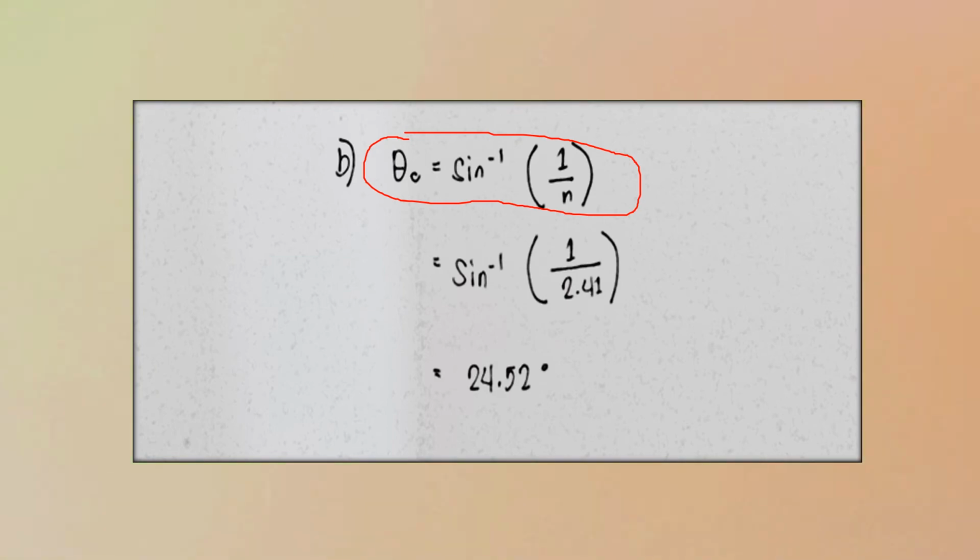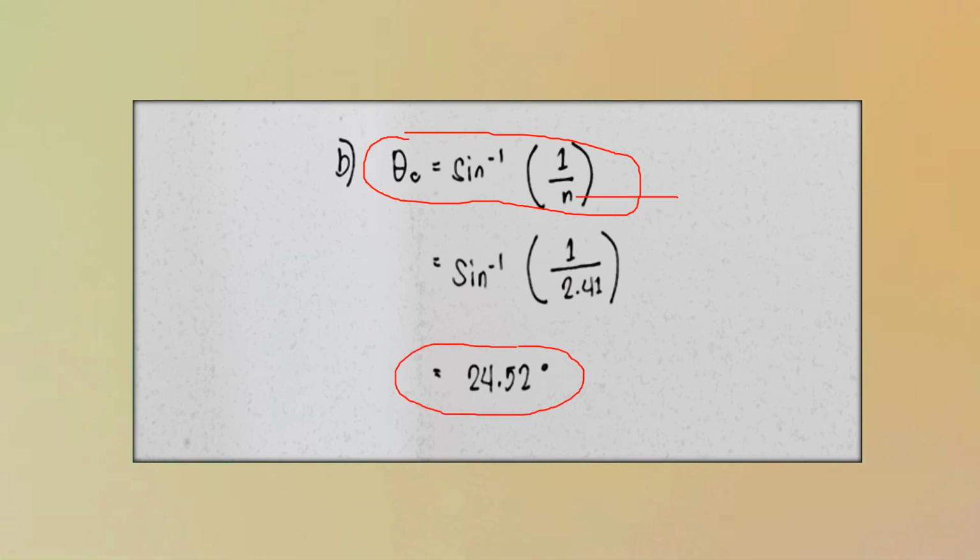Here, n is the index of refraction of diamond, which is equal to 2.41. So we just need to substitute the value of n in the equation. So sine negative 1 times 1 divided by 2.41 is equal to